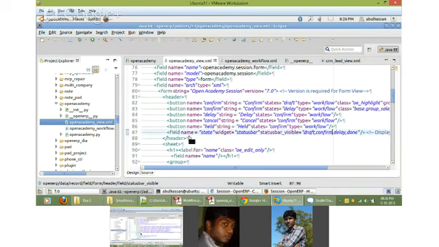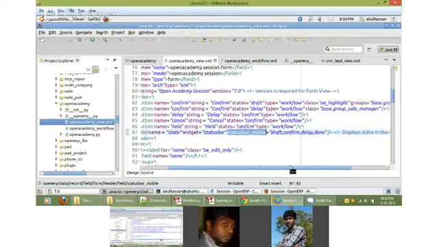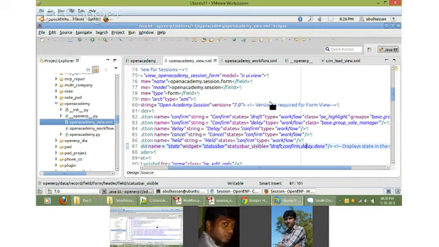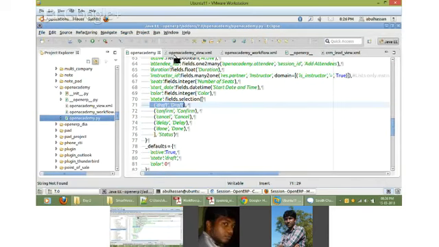Now you can see that I have given the status bar with the name state. I have given statusbar_visible, I mean, the status bar will be visible only in these states. When draft, confirm, or done, only in these states the status bar will be visible. In other states, like there is another state called cancel, if the method is cancelled, then the status bar will not be visible.